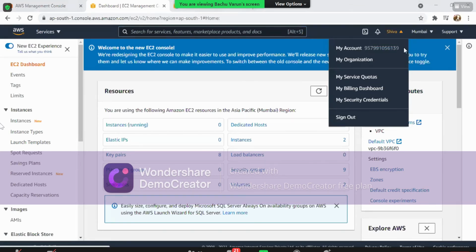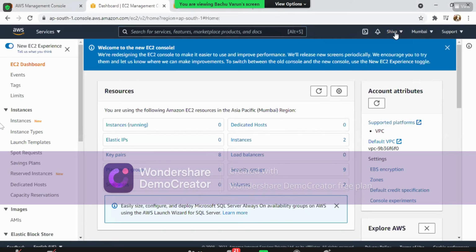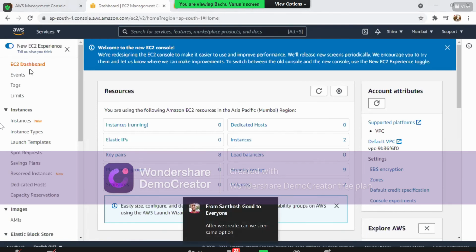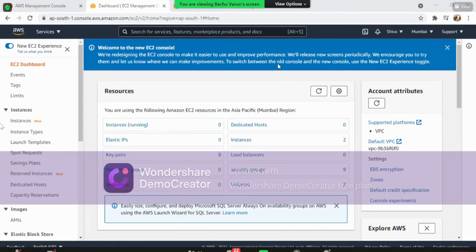Okay. So I just selected my billing dashboard, which will directly take me to that particular page. Okay. So this is my EC2 dashboard. So I have selected EC2 so I can see EC2 dashboard. Yes, you can see the same option even after creating it.